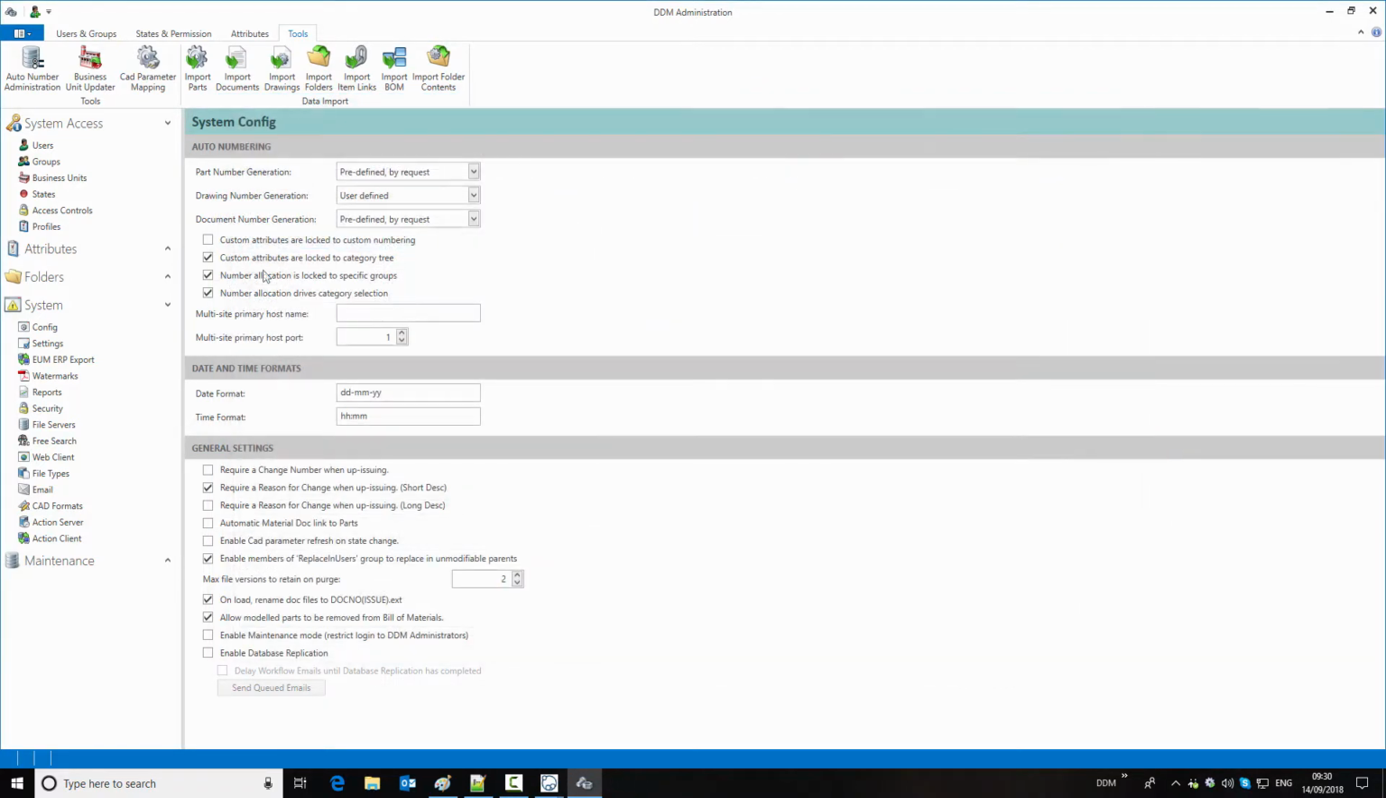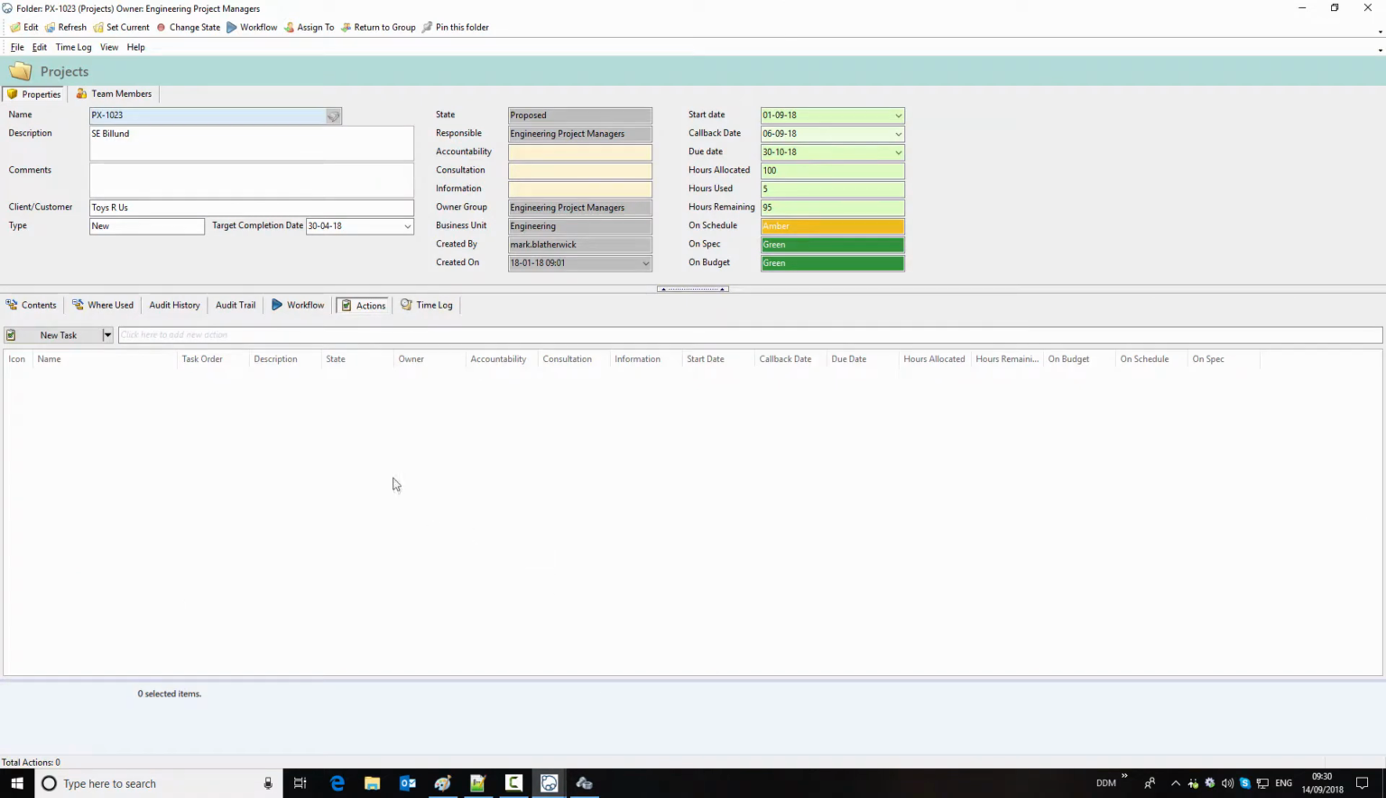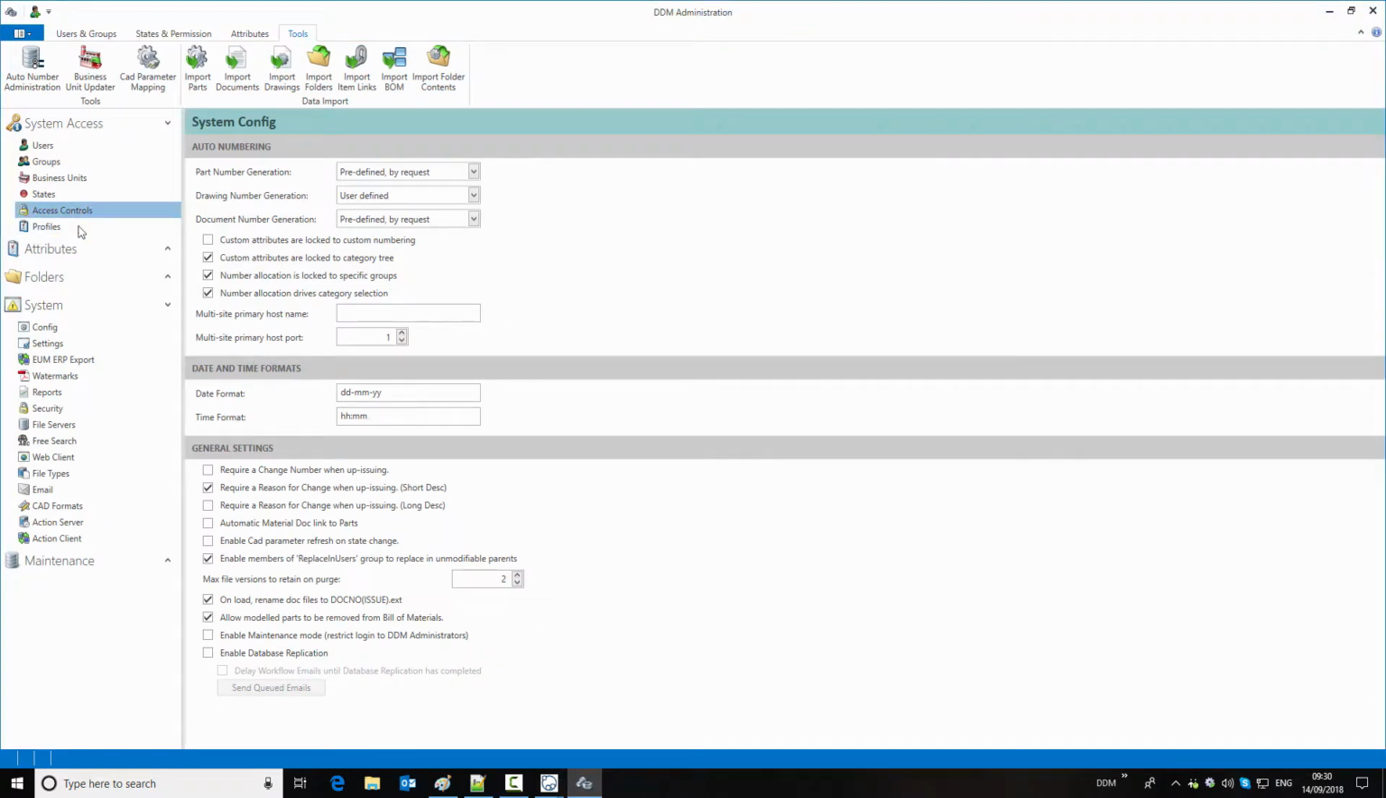The final thing we need to check is access controls. So I'm going to set up to create tasks within this engineering project folder. I need to make sure that the engineering department have access to be able to modify and create new tasks. So if we go into our access controls area,